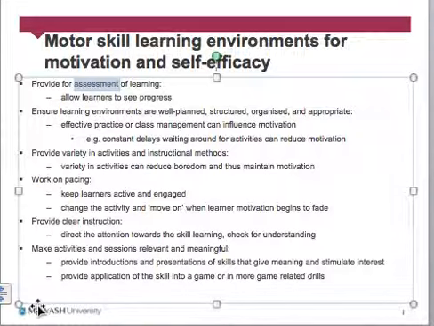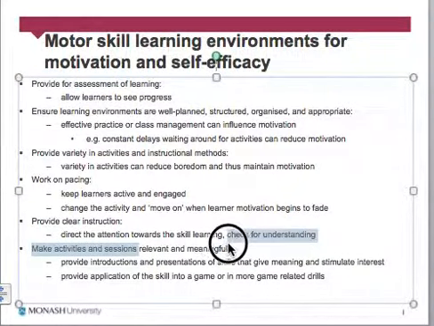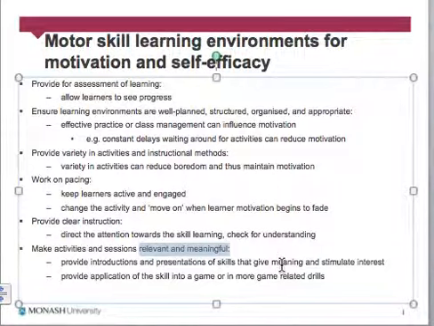Relevant and meaningful is crucial. I often question some of the choices of sport we make in health and PE. We kind of say let's do korfball, but kids just don't see the relevance and meaningfulness of it. Likewise, don't always do the bleedingly obvious soccer, netball, cricket, football, because they've already had lots and lots of experiences of these outside of school, and they've already probably made their mind up about them.